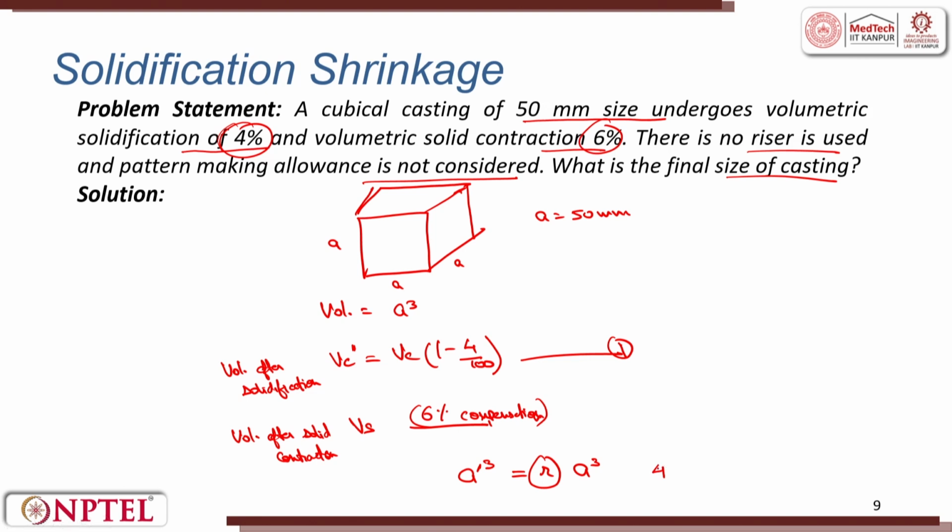The answer to the problem here, that is the A dash value, would be 48.317 millimeter. You will solve this problem statement by yourself, you will find the solution in the lecture notes. If still you feel some issue, then you can come for the live session that would be there, where the tutorial is held, or in the forum you can also ask the questions.